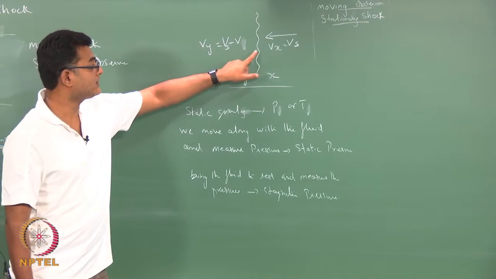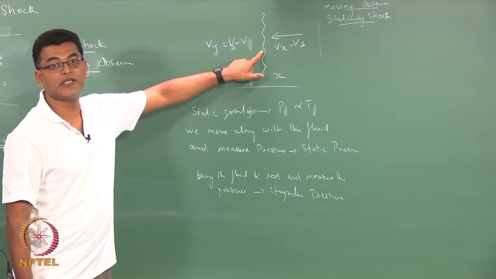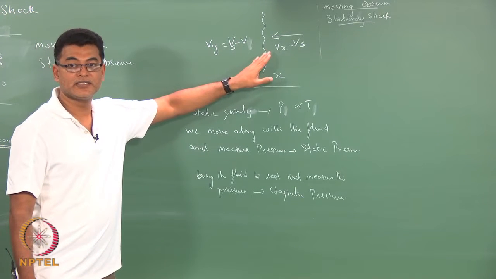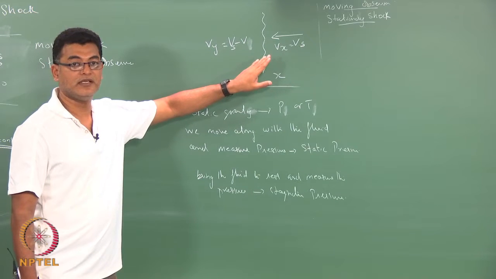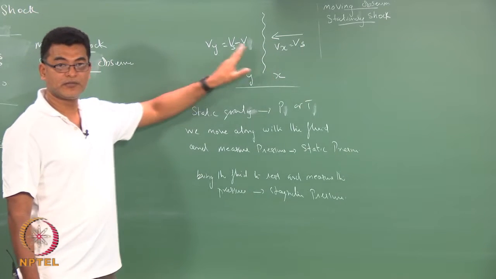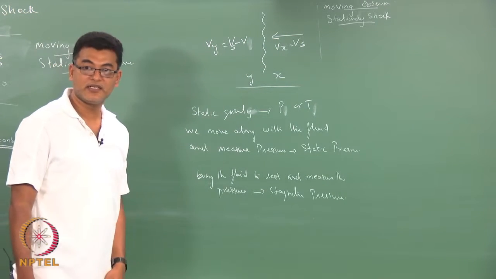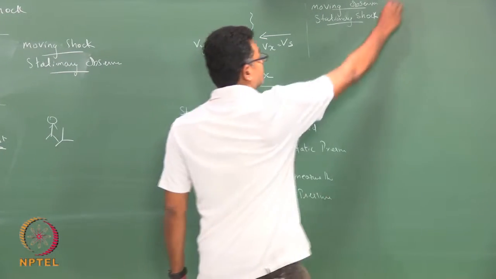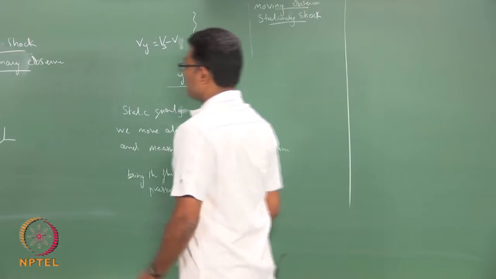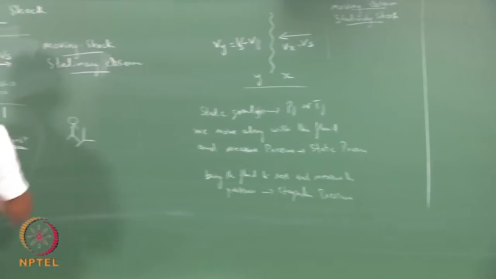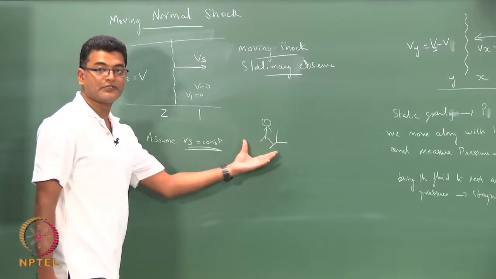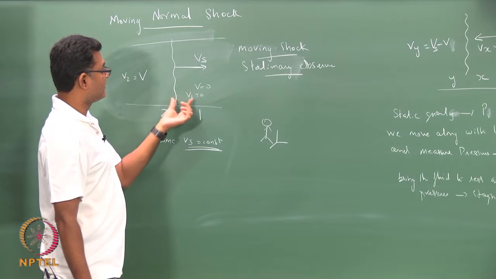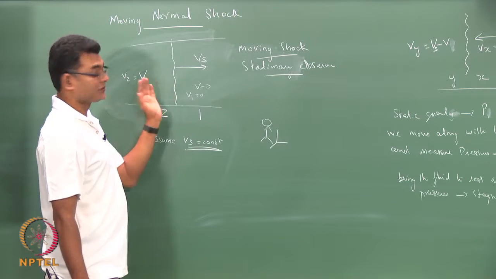If I move along with the shock and measure the pressure, I would be measuring my static pressure. If I measure the temperature moving along with it, it will be static temperature. So, if I look at case 1, where I have a stationary observer and a shock that is moving